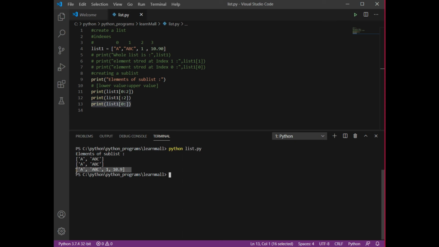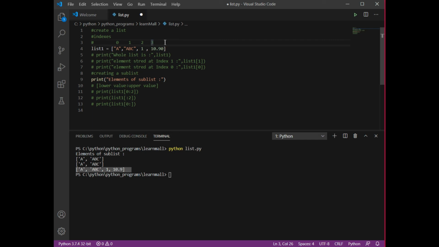Now there is another way of dealing with a list. This is the very simple way of dealing with the list. Now if I want to deal in negative index, index could be negative as well. Similar to how we have positive index, we can have negative index. Like in mathematics, in your number line, you have positive values, you have 0, you have negative values.